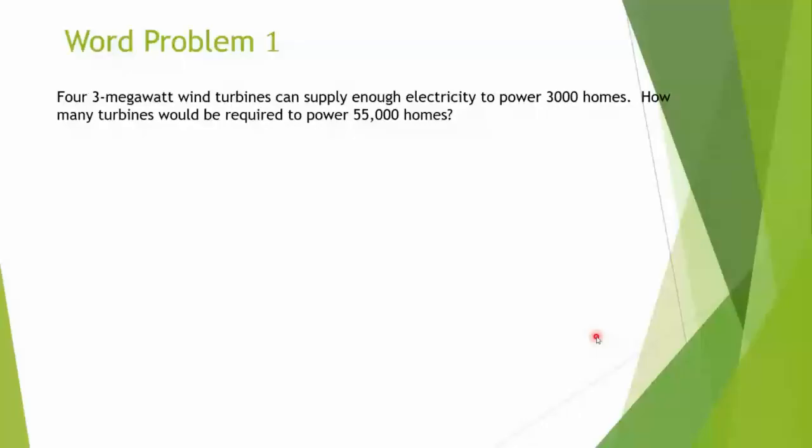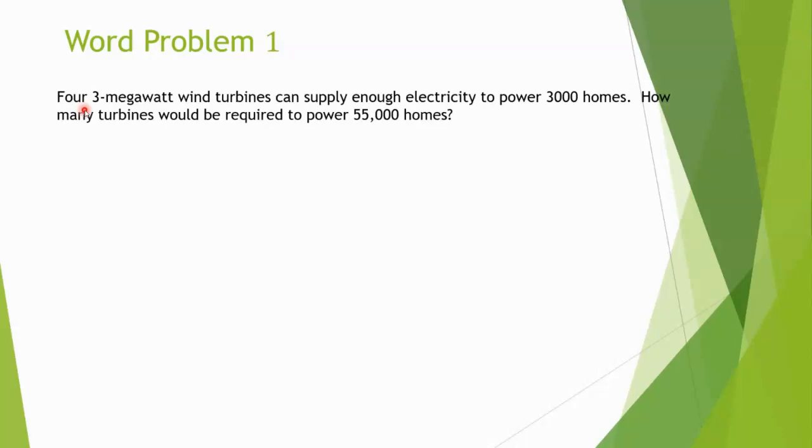Okay. Now we get to do some fun word problems. So this one actually, I think it's from the book, although I think I might have modified it if I remember correctly. But so here's what we're given. We're supposing that we have these 4 3-megawatt wind turbines. And I'm guessing they're big. I don't know how big wind turbines are,